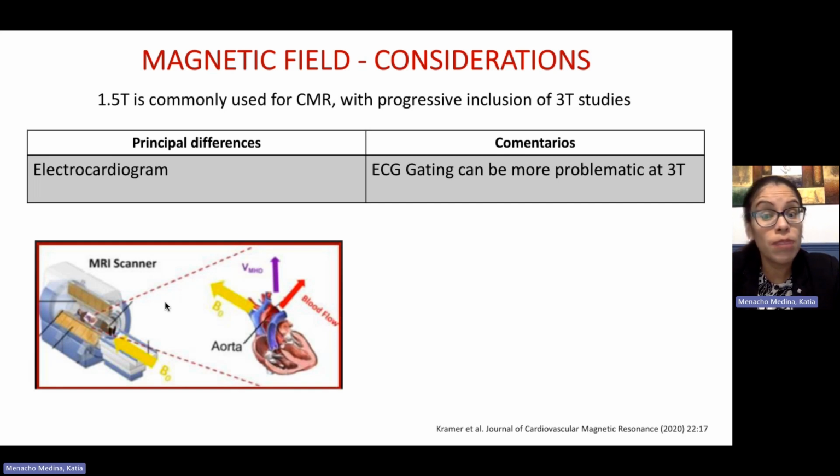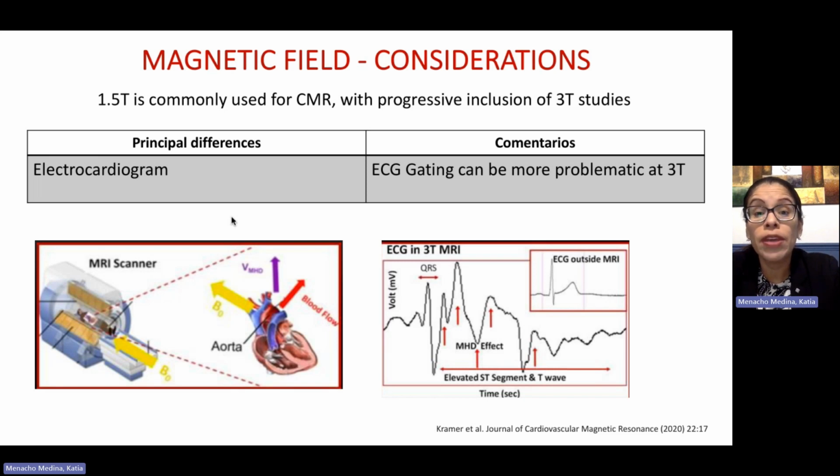One principal difference, and this is very important for you to remember, is the electrocardiogram, because you may be facing more difficulties with 3 Tesla and the ECG. And this is mainly related with the magnetohydrodynamic effect that is more evident in the 3 Tesla scanner. This is caused because of the blood flow that is coming from the left ventricle and going through the great vessel, the aorta, and this can have an impact on how the ECG is gated,